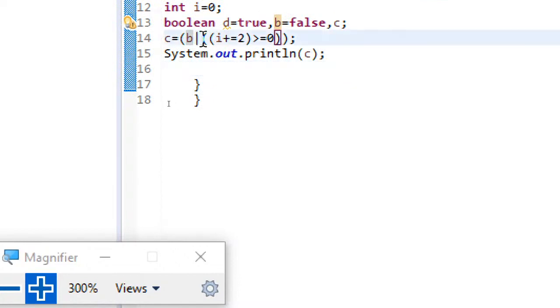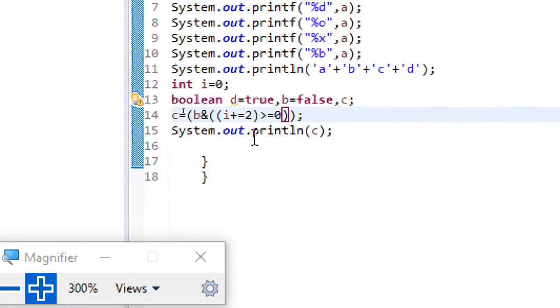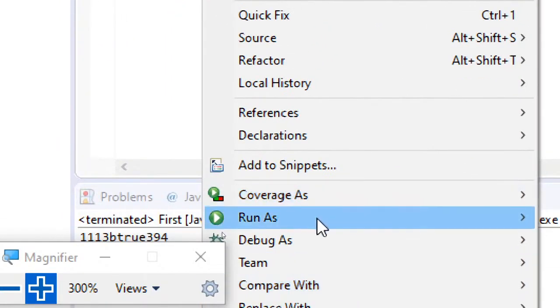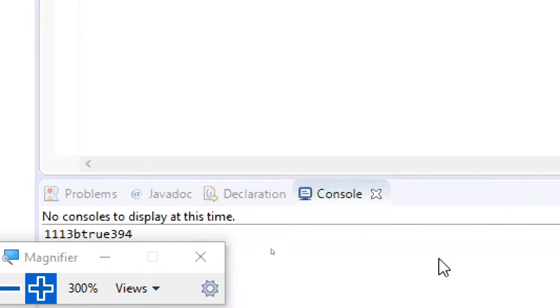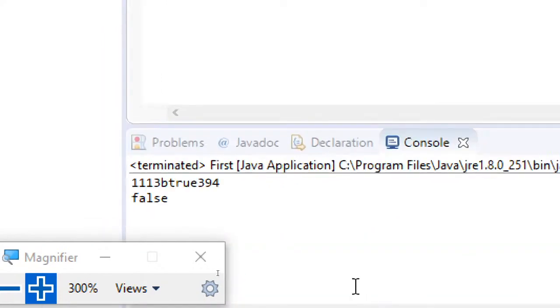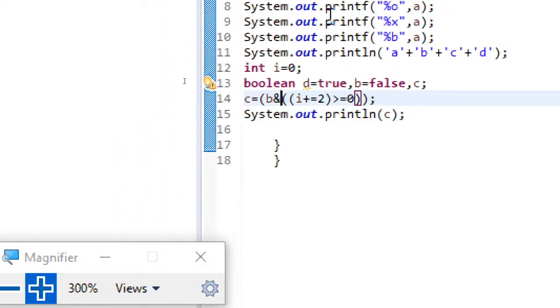And I just want you to see with and. Anyway, you got your answer, I think. If you do it with and, you know that if both are true then it is true, and with bitwise and, what happens? Now b is false, then it doesn't require checking the next expression. That's the reason you are getting the answer false. It doesn't require checking the next expression, because first itself b is false, so it will give the answer false for bitwise and. So these points you just need to remember.